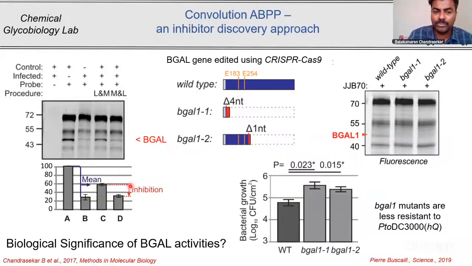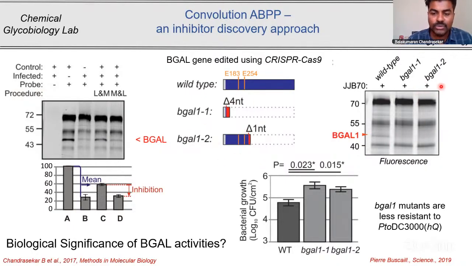To test if this protein is an important immune enzyme, we used a gene editing approach. We did a knockout using CRISPR-Cas9. We generated two important lines, BGAL1 and BGAL2, which had an insertion or a deletion mutation such that the protein is truncated. Then we collected the apoplastic fluids and labeled the apoplastic fluids of the wild type and also the mutant plants. We were able to see that the band signal, the activity displayed by beta galactosidase, is gone, because the knockout is perfect.